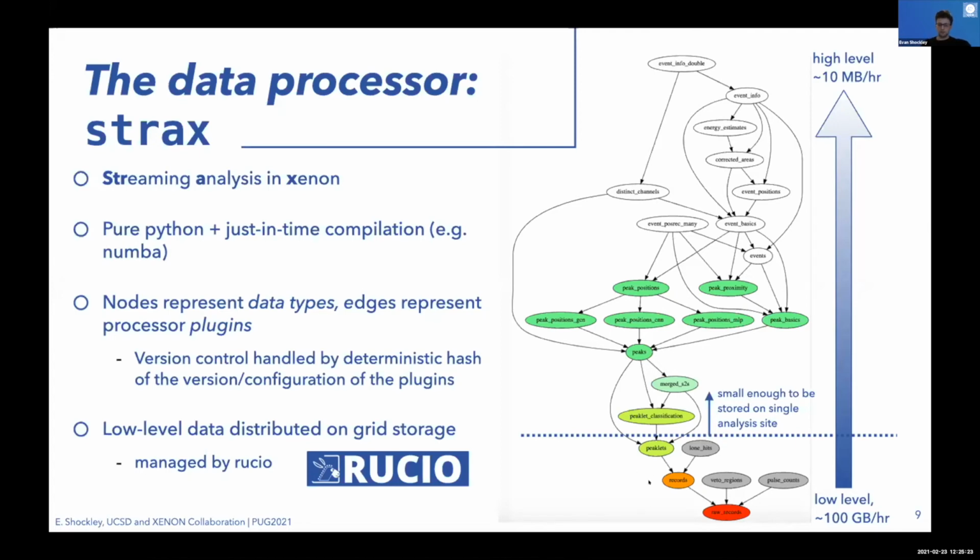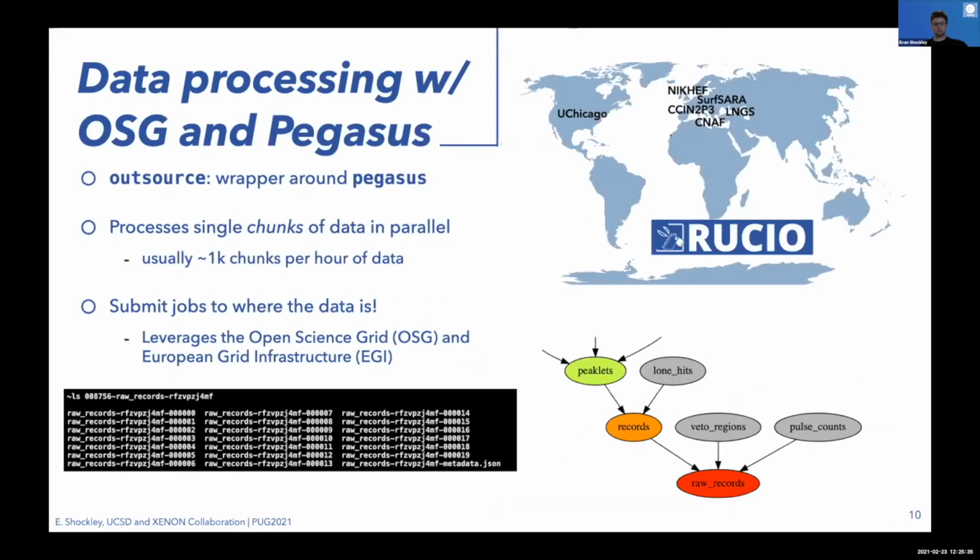This is far too heavy, so it is distributed on grid storage across both the US and Europe, and it's managed by the Rucio data management system. This doesn't show all the sites, but the main site in the US is an endpoint in Chicago, and then we have several sites in Europe where we host our raw data, which we can then easily download using Rucio, and Rucio maintains data integrity